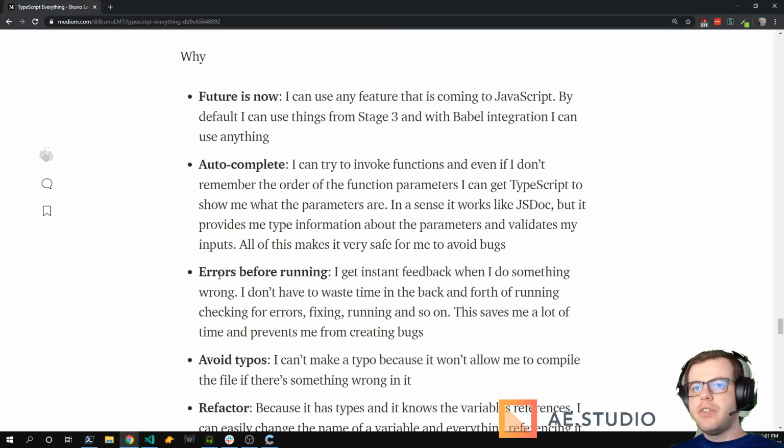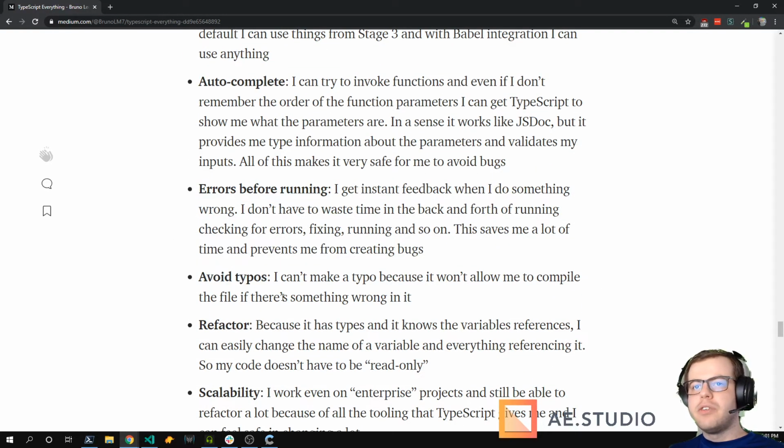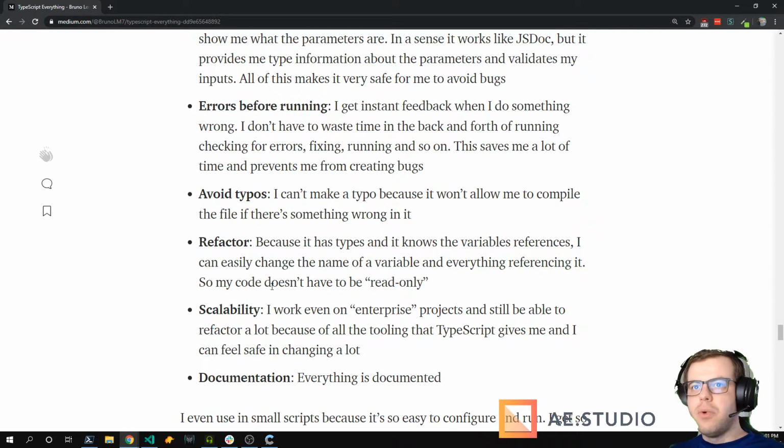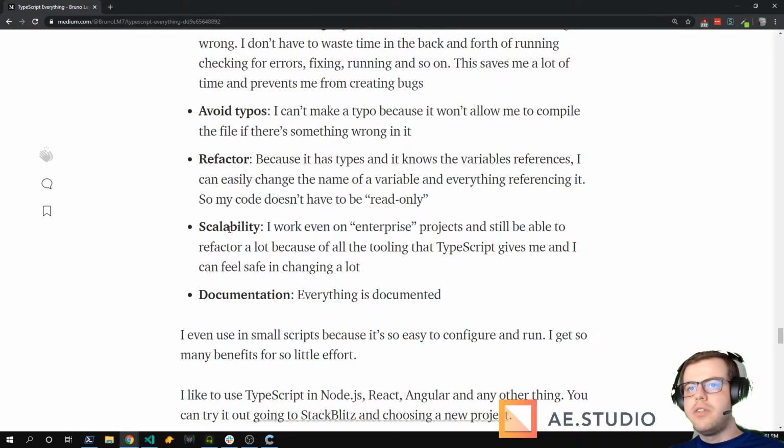So another reason is that you can see errors before you run the code. You avoid typos because it's going to warn you that the variable doesn't exist, whatever. It's easy to refactor. It's easy to scale, so in a really big project, you can rename things across projects. And the documentation is really good.